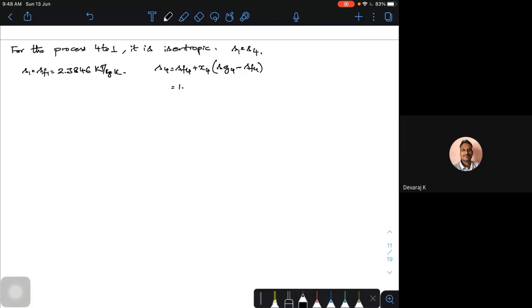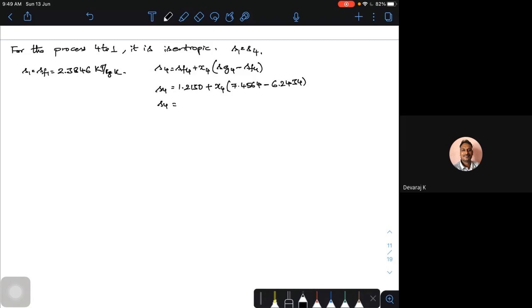So SF4 is 1.2130 plus X4 into SG, actually it is 7.4564 minus